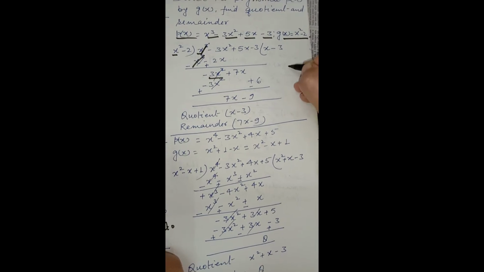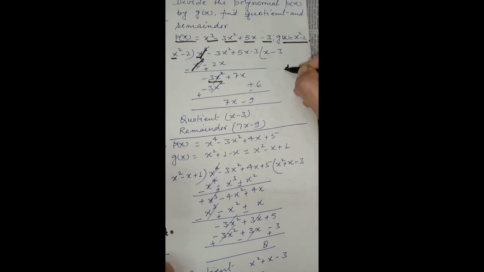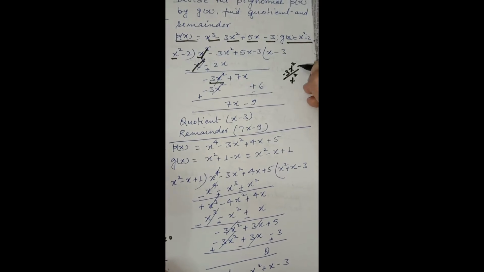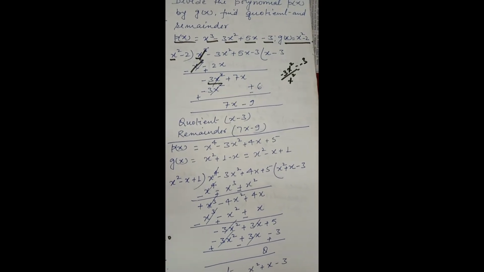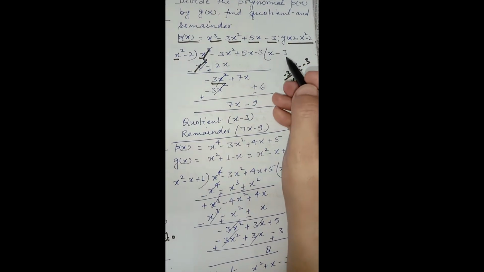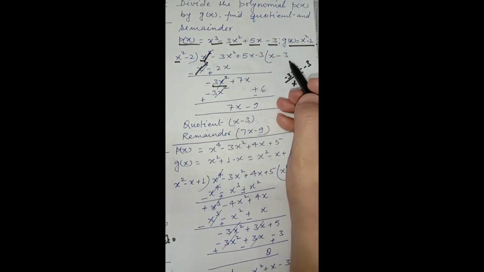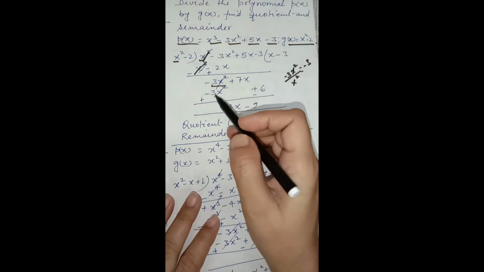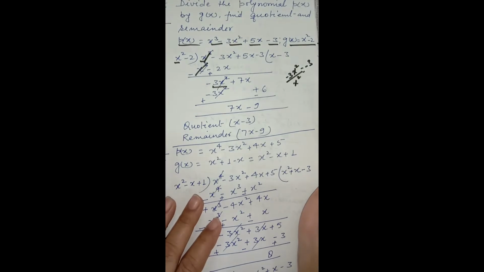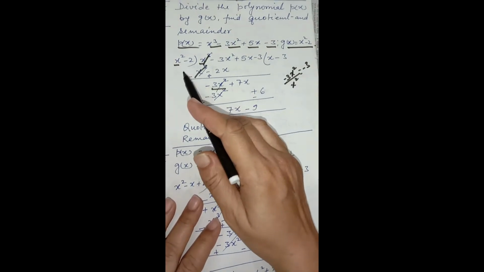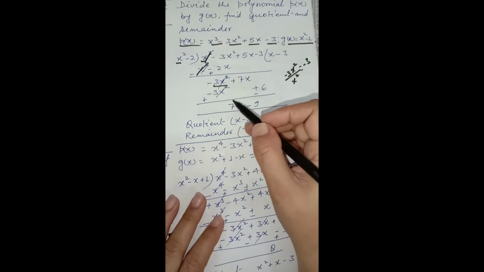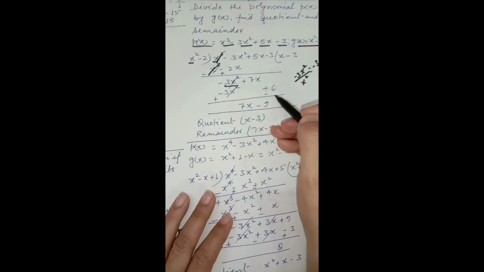You can check it in this way also. So it will go for minus 3 times. So we will multiply the divisor with minus 3. On multiplying, we will get minus 3x square, and minus 3 minus 2 will make plus 6. Now again in the same way, we will change the sign and we will subtract.